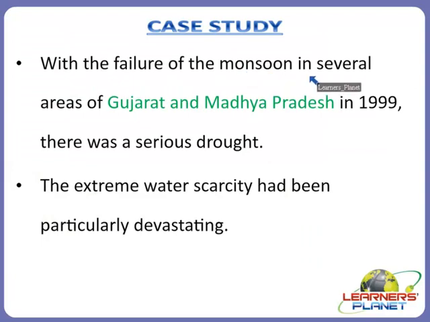With the failure of the monsoon in several areas of Gujarat and Madhya Pradesh in 1999, there was a serious drought where the extreme water scarcity had been particularly devastating. So basically what happened is that with the failure of the 1999 monsoon in several areas, there was a serious drought,